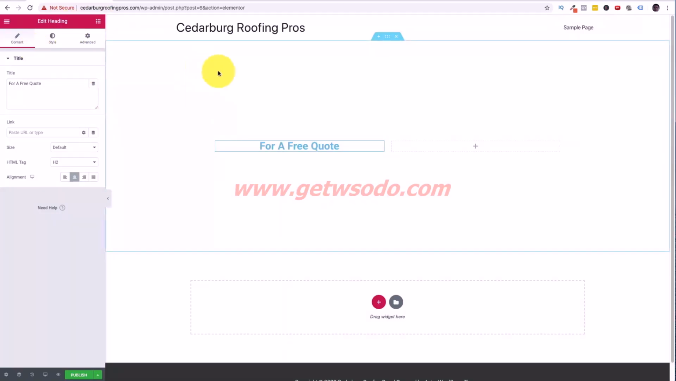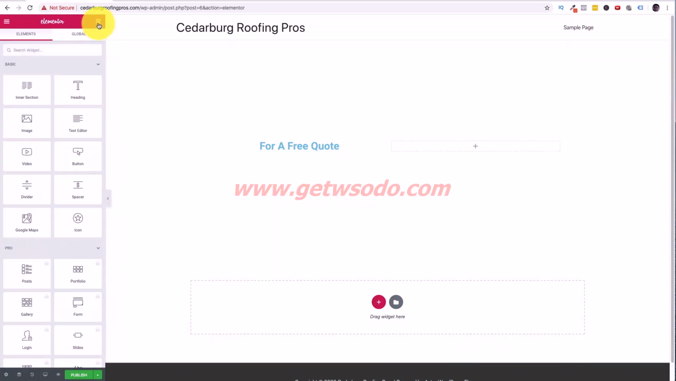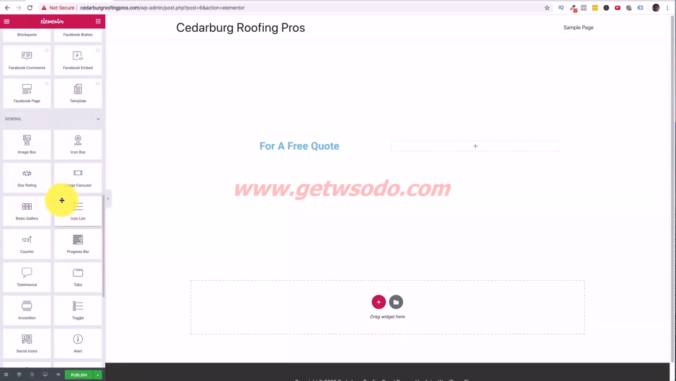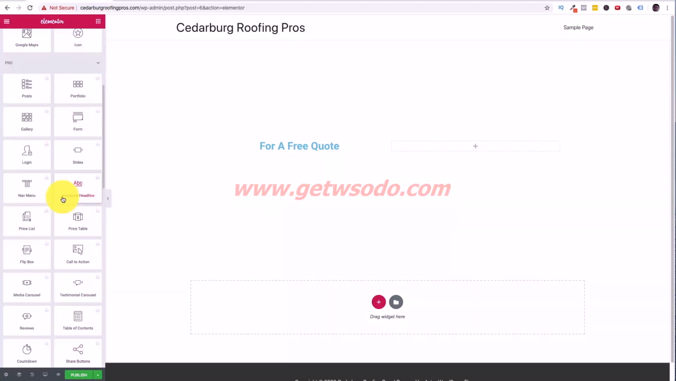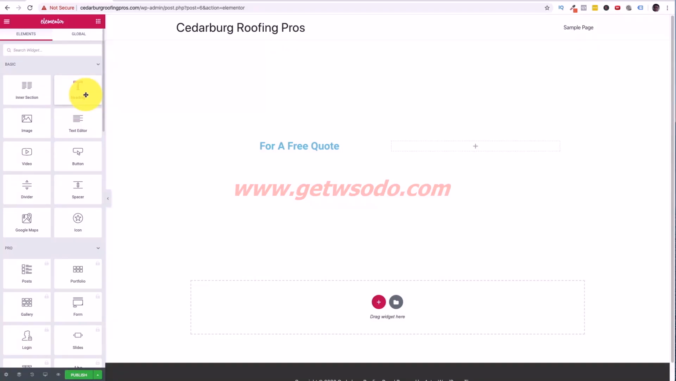Now, if I ever want to go back to see what other things I can put in, I click these little squares up here. If I click that, now I can see all the different things that I can add into my website. Okay, so I'm going to add in another heading